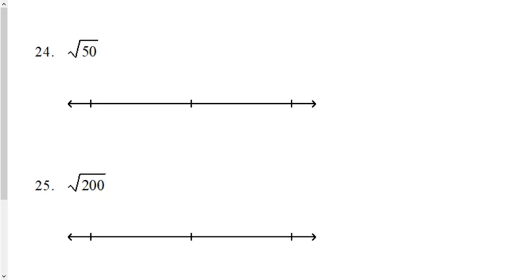24 and 25, 26 and 27 are all estimation. The square root of 50, remember when you have it, I even told you that you need a number line because I drew it for you. You're going to put these two perfect squares, the two that you know: the square root of 49, which is 7, and the square root of 64, which is 8. And right off the bat,